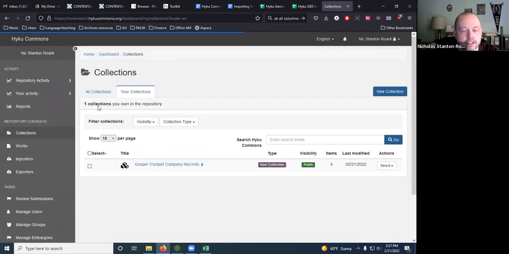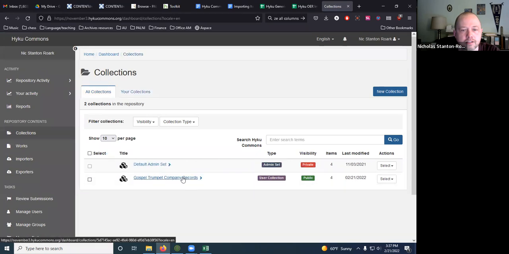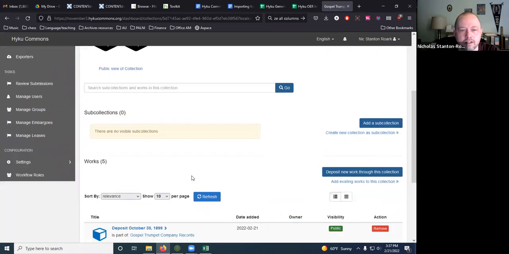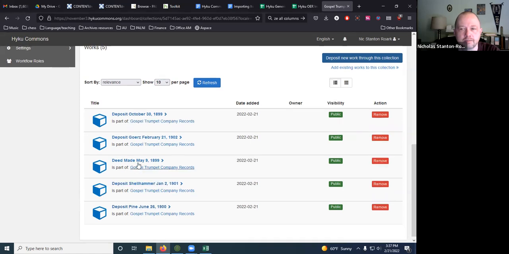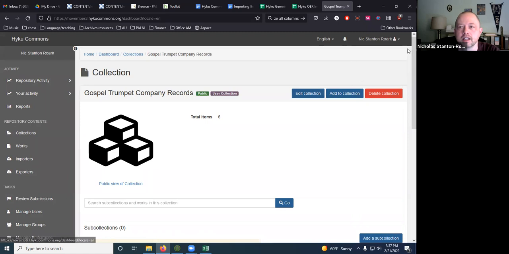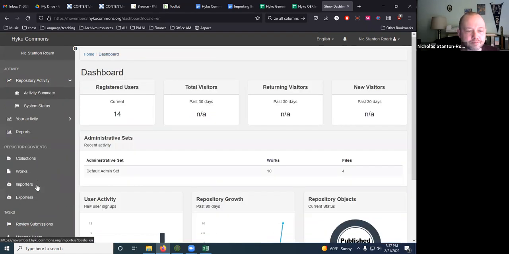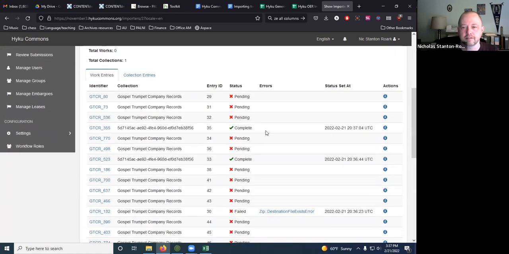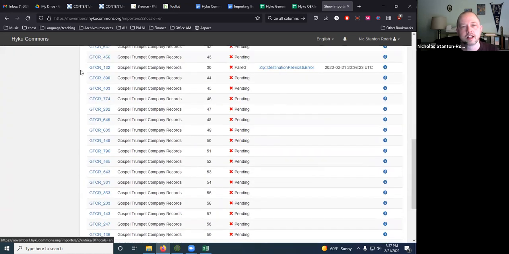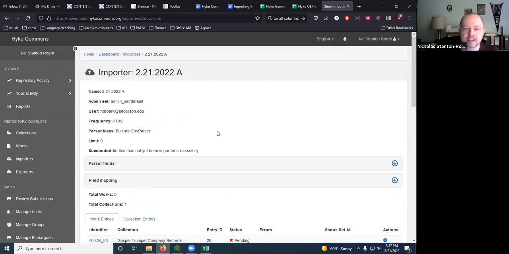So if I go to collections, this collection's been created, and you can see it's starting to work on pulling these works in because I ran the importer. So that's the general information. It's continuing to run, pulling works in, creating failures on some other works. But so that's the basic process of